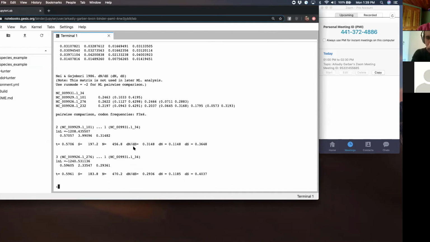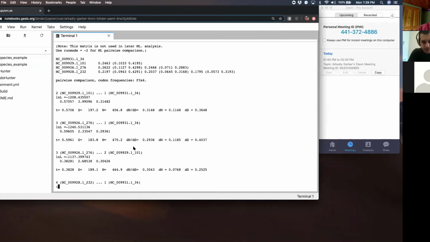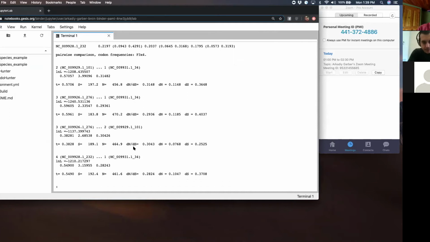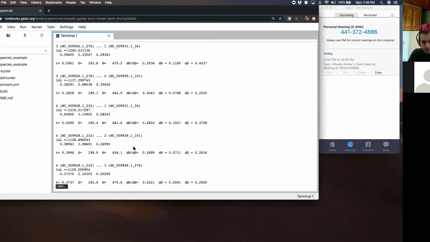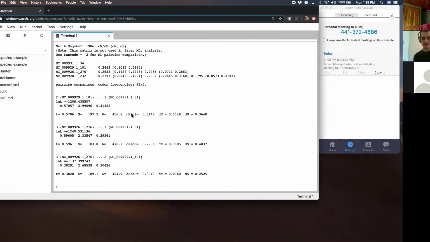Okay, so how is this output going to look? We've provided 4 sequences. So this isn't a pairwise comparison of just 2 sequences, which was the fairly simple comparison that we just went through. This is a comparison of 4 sequences. What PAML does, if you don't provide it with a tree file and you just do pairwise comparisons, is it's going to do all possible combinations of pairwise comparisons, right? So you have,